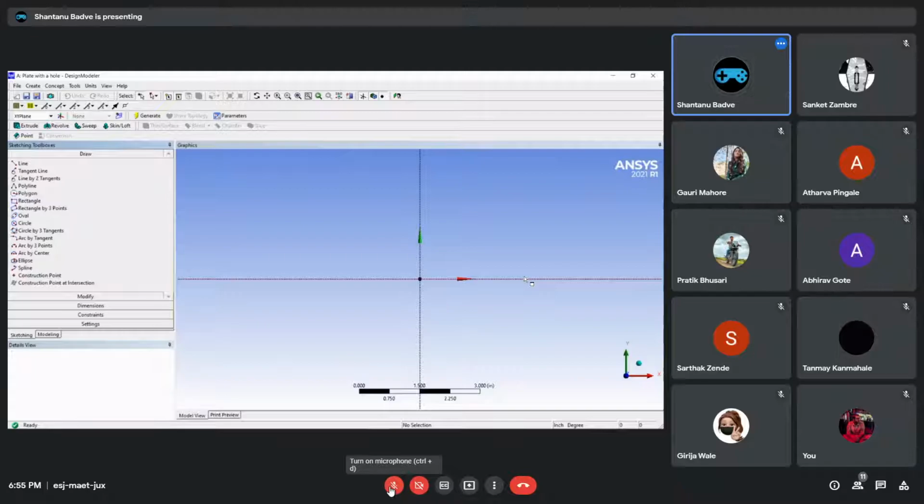Because the thing is, when you will be meshing, the bigger your geometry, the more number of mesh elements, the more detailed the mesh is going to be, and the more points and nodes are going to be in there, and it is just computationally intensive. So what you really need to do is create your geometry as small as possible but as accurate as possible. If we look at the plate and the hole, it is symmetric about the x-axis and it is also symmetric about the y-axis.